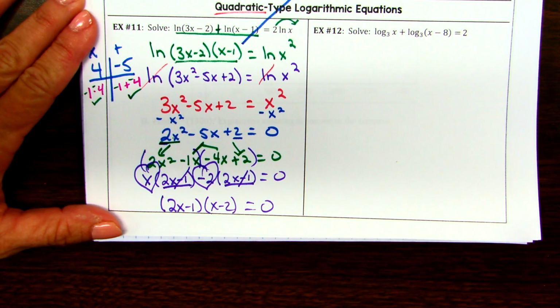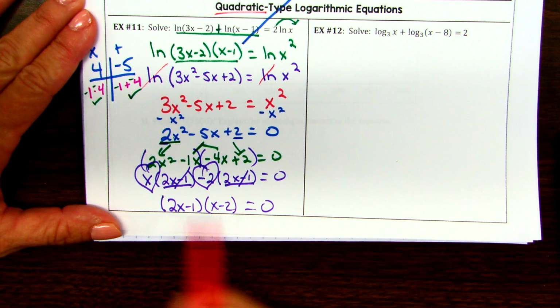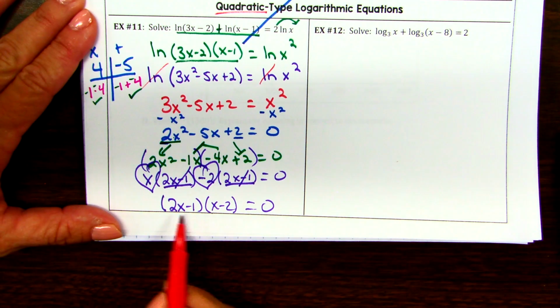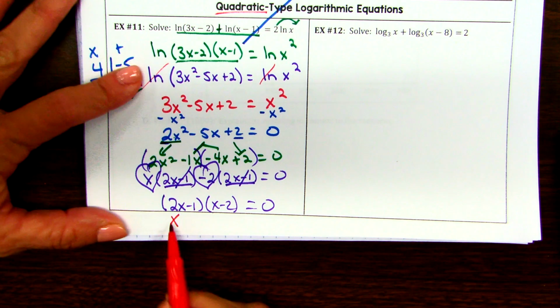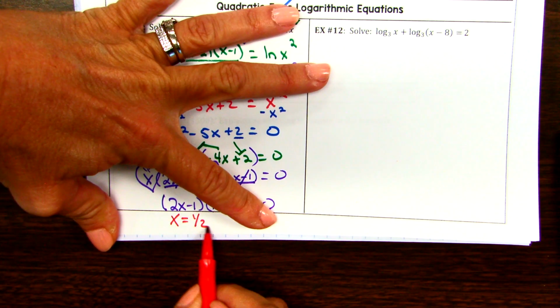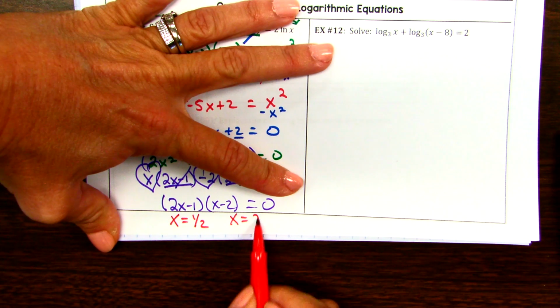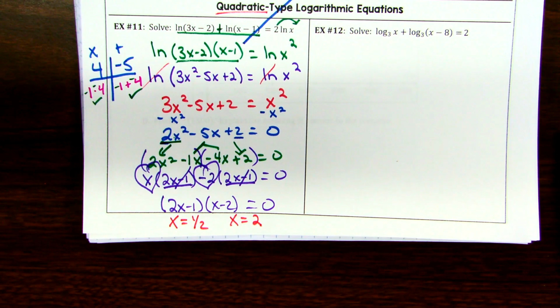Okay, we are still not done because we have to solve the equation. That's what we're doing. This is just factored. So set each of these equal to 0 and solve. So we get 1/2 and 2. Now, don't forget this very last thing we always have to do with a log equation is to check if our answers fall